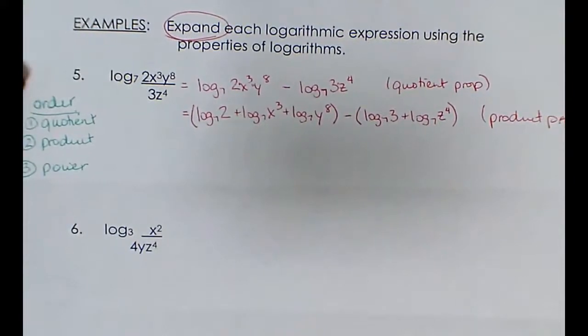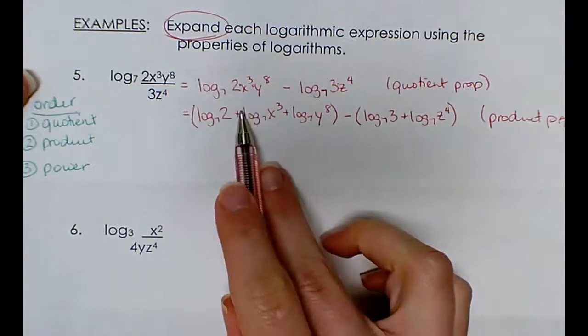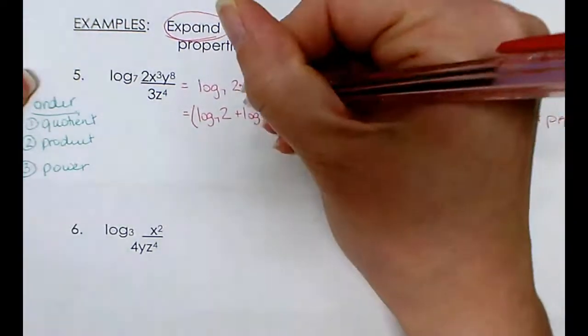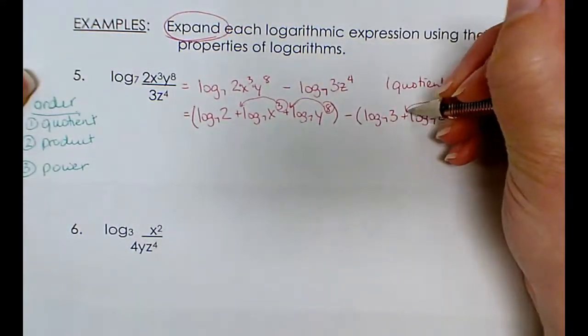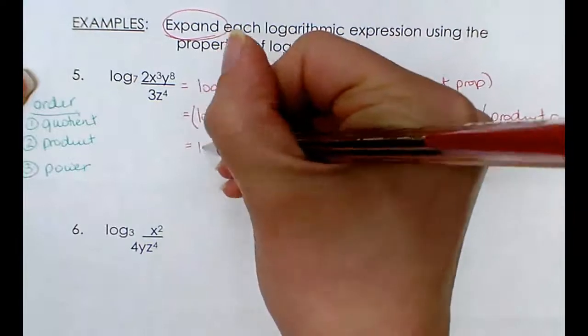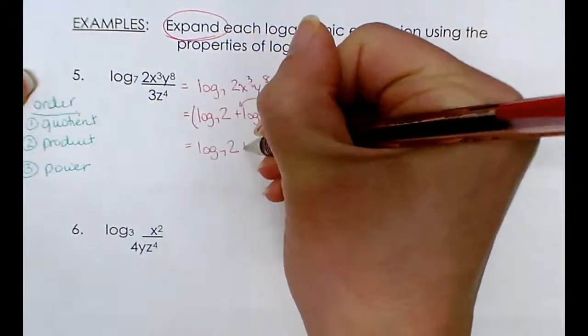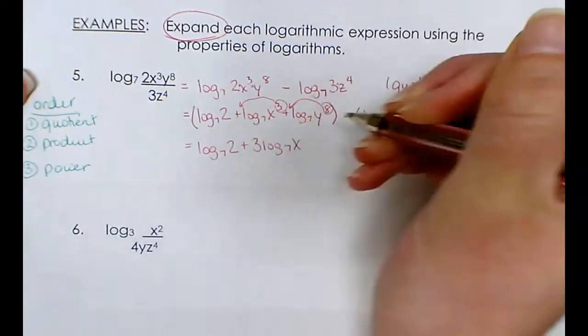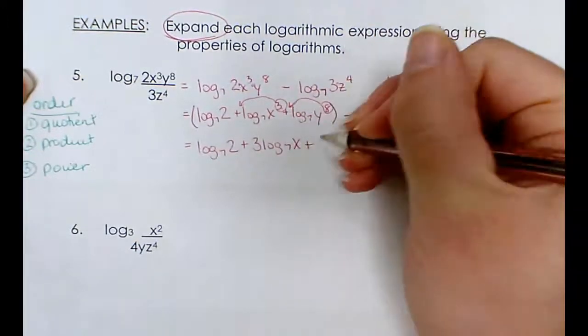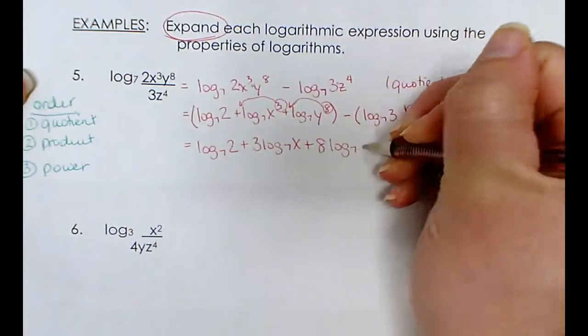And finally, we want to use power property so that we can get those exponents out into the front of each term. So the 3 will come out in front, the 8 will come out in front, the 4 will come out in front. So I have log base 7 of 2 plus 3 log base 7 of x plus 8 log base 7 of y